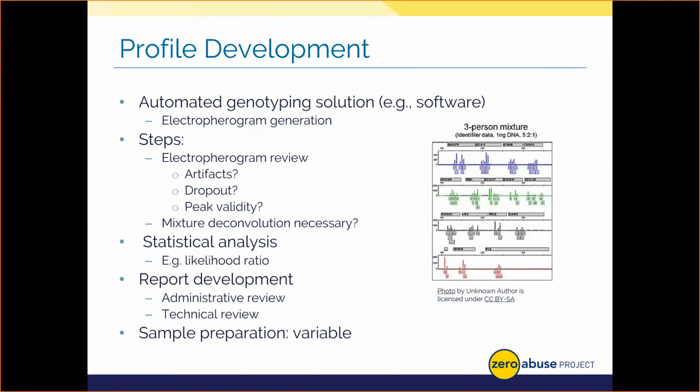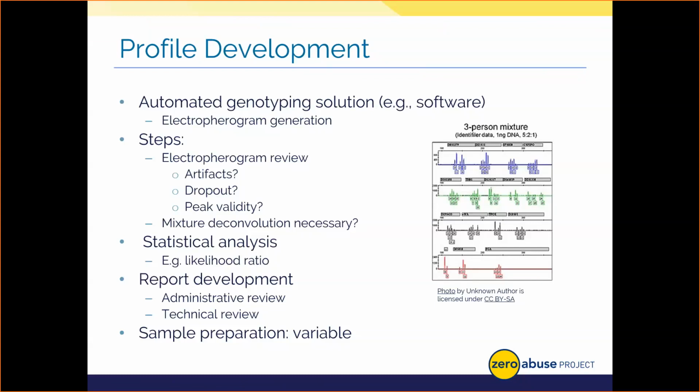You have to evaluate as a whole if the profile is usable or if there's dropout of whole loci or allele issues that are present due to the quality of the DNA or the amount of DNA analyzed. You also need to know your lab's analytical and stochastic thresholds. Now, an analytical threshold is the lowest point at which a peak in the electrophoregram can be deemed as an actual allele. A stochastic threshold is used to determine if a given locus should have 2 alleles, or is what we call heterozygous, and whether that second or sister allele will show up or if it might be subject to dropout because the DNA is of poor quality or the DNA amount was too low.